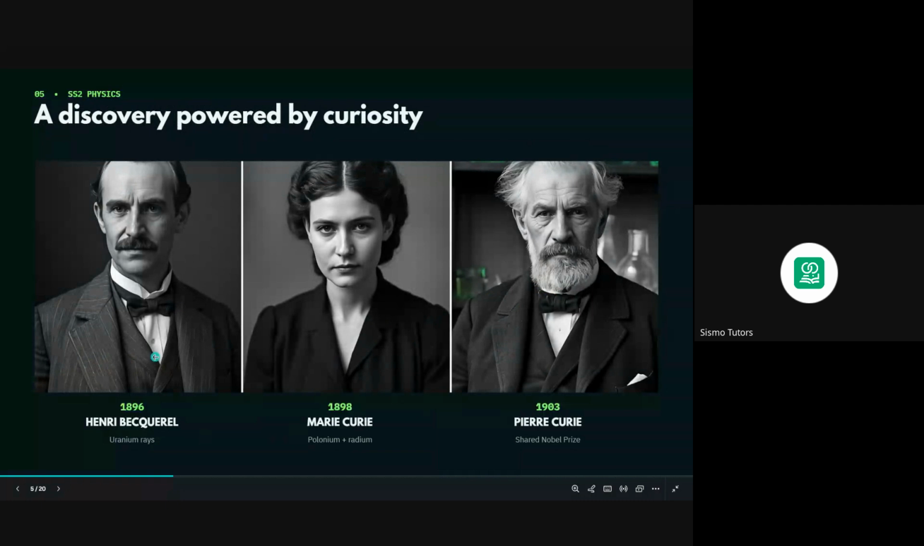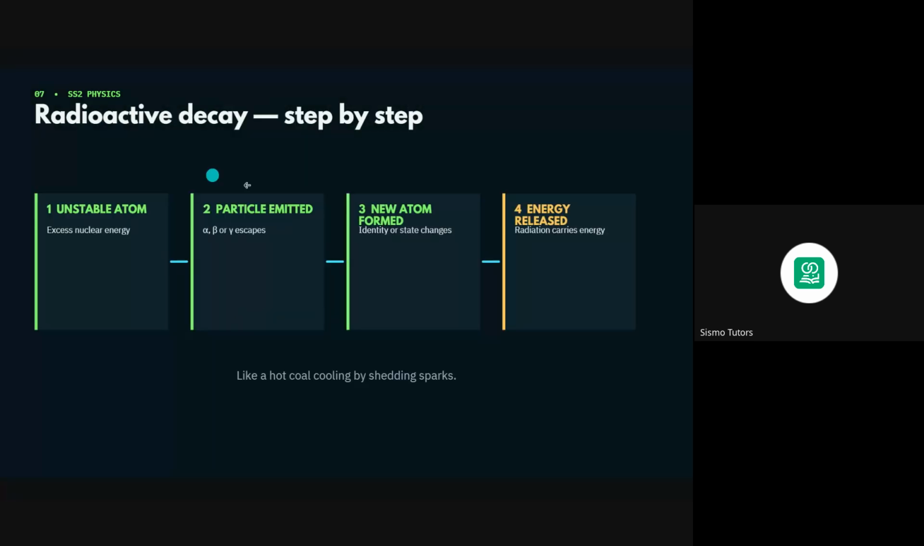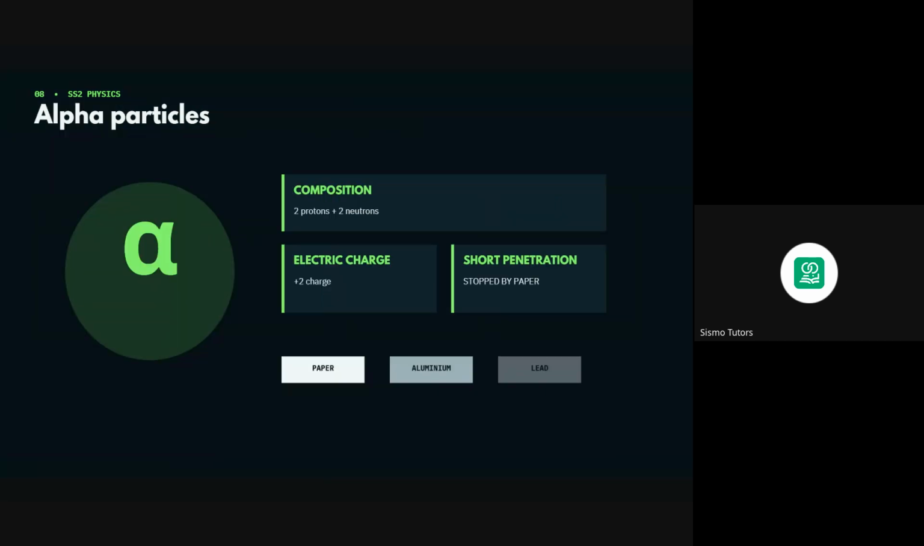All right. Then where do atoms belong in radioactivity? Stable and the rest of them, and unstable nucleus. All right. So radioactive decay, how it happens, step by step process. It becomes unstable as always. Particles are emitted, new atoms are formed, and energy is released. Yeah, alpha particles, beta particles. So that's exactly what you have. Let's be very fast so you can review it. Gamma rays,